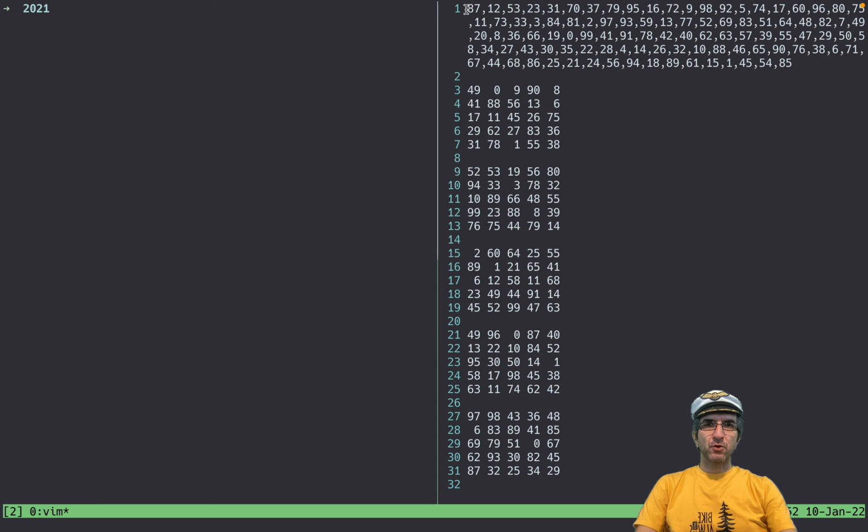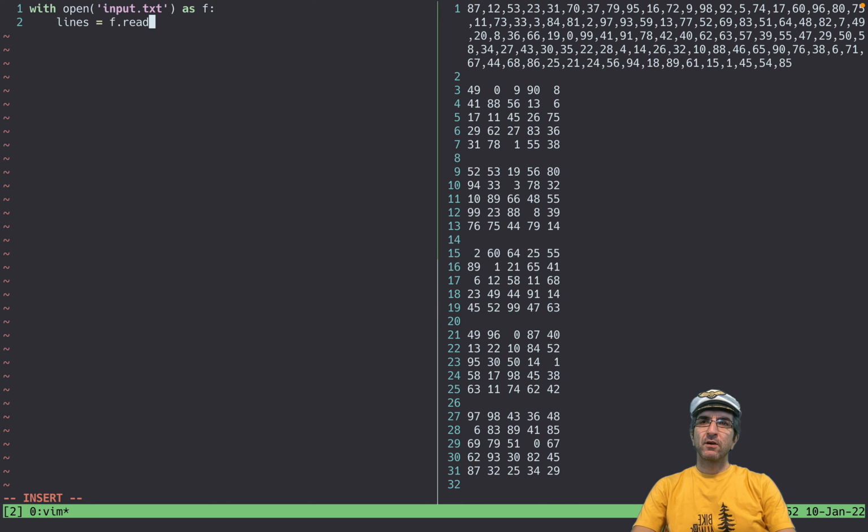These are the random numbers which are going to be announced because it's our submarine subsystem. And these are the boards we have. Before going into object-oriented or whatever we want to do, we have to read the input data. I will do it very straightforward. vim solve.py. Okay, to read this first I have to open the file. Open input.txt as f and lines equals f.readlines().